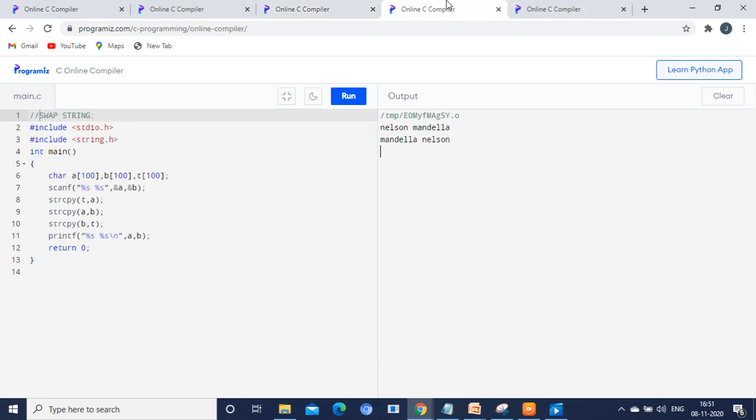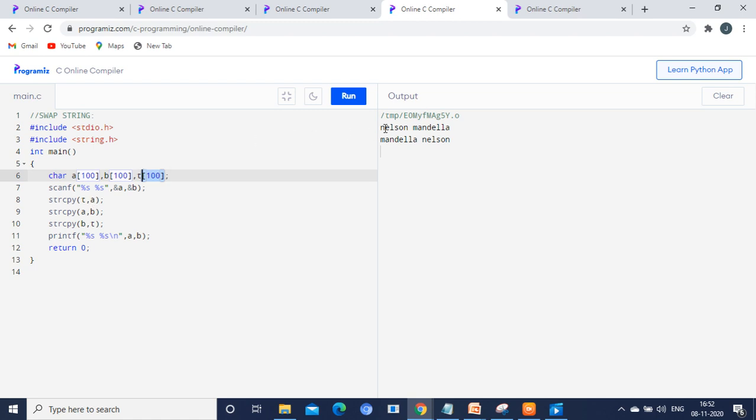The fourth program is swapping of strings. Here we need to get two strings. Those two strings are obtained from the scanf statement, where the format specifier means we are going to use a string. For that you need to import string.h. Using variables a and b, we obtain two strings. Initially, you initialize a temporary variable here. In the temporary variable, we are going to copy the string a.